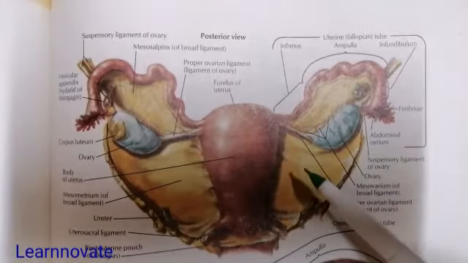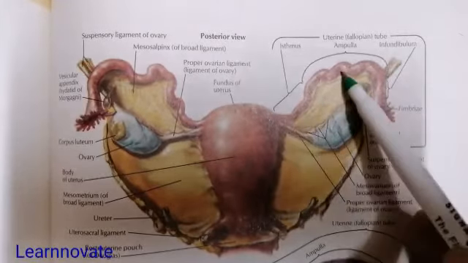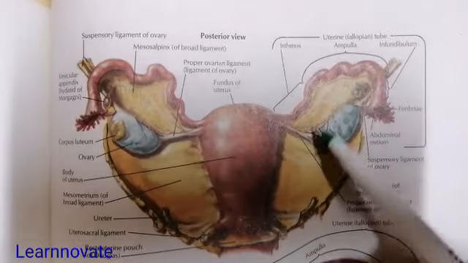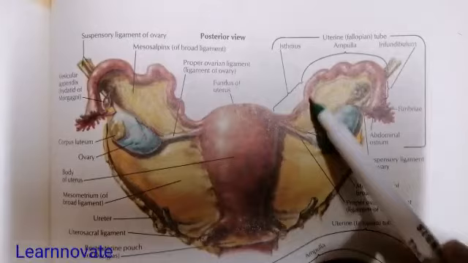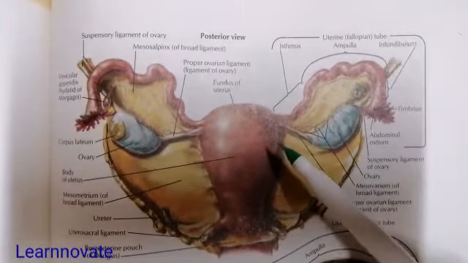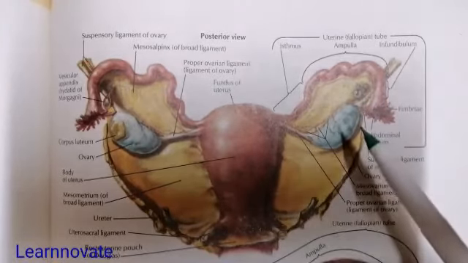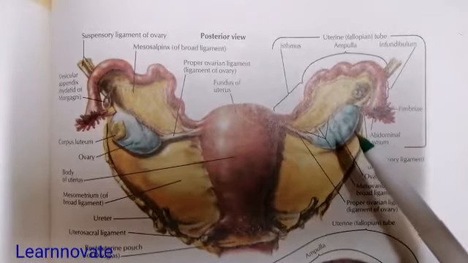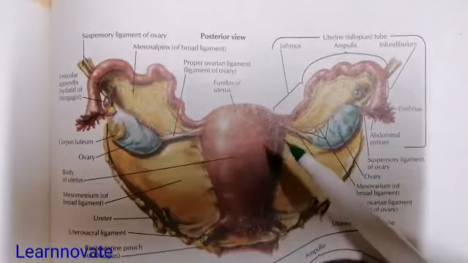Now the broad ligament is divided into three major parts: the mesosalpinx, the mesoovarium and the mesometrium. The mesosalpinx is the upper part, present anterior superior to the uterus, and it covers the uterine tubes, the fallopian tubes. This part is called the mesosalpinx. The second part is the mesoovarium, a short mesentery attached posterior to the broad ligament. It attaches the ovary. That part of the broad ligament is called the mesoovarium. The third part is the largest part, the mesometrium, which covers the body of the uterus itself.